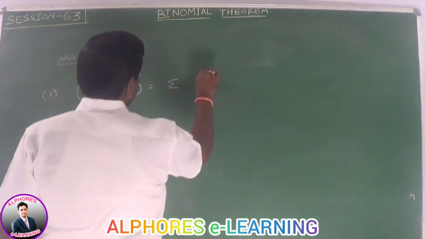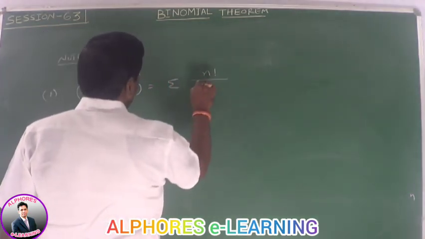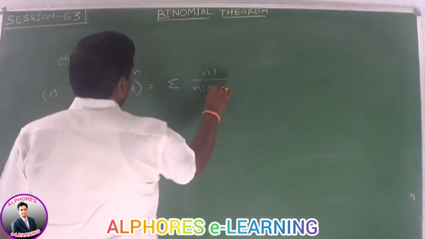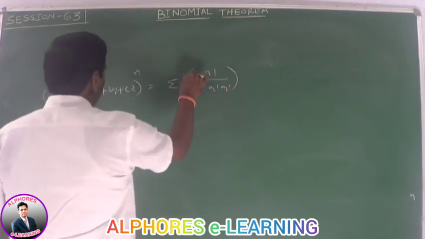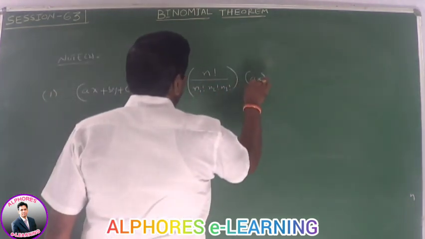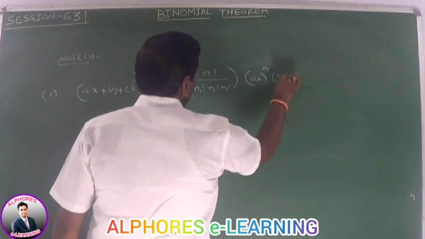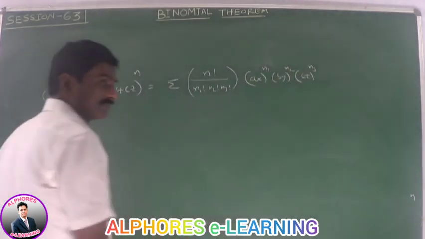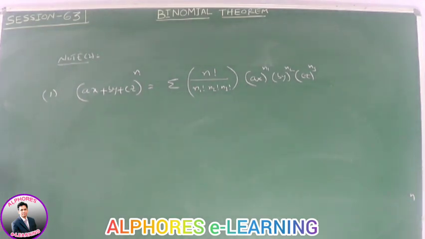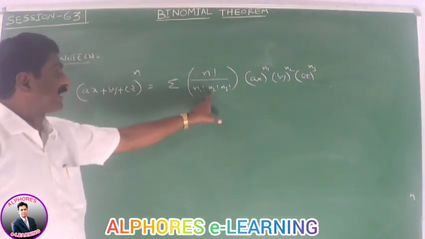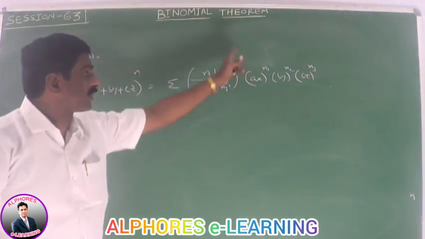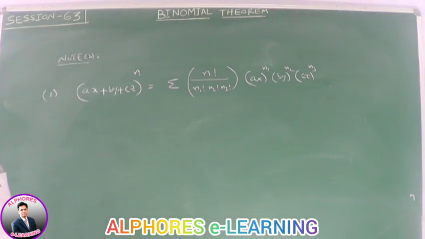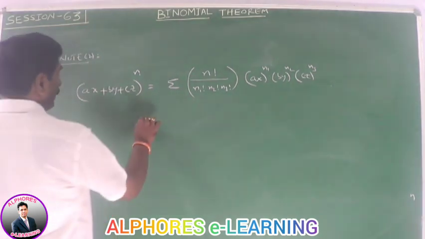So, this value is equal to sigma of n factorial by n1 factorial into n2 factorial into n3 factorial into (ax) whole power n1, (by) whole power n2, (cz) whole power n3. Okay, please write this value. (ax + by + cz) whole power n is equal to sigma of n factorial by n1 factorial into n2 factorial into n3 factorial into (ax) whole power n1, (by) whole power n2, (cz) whole power n3, where